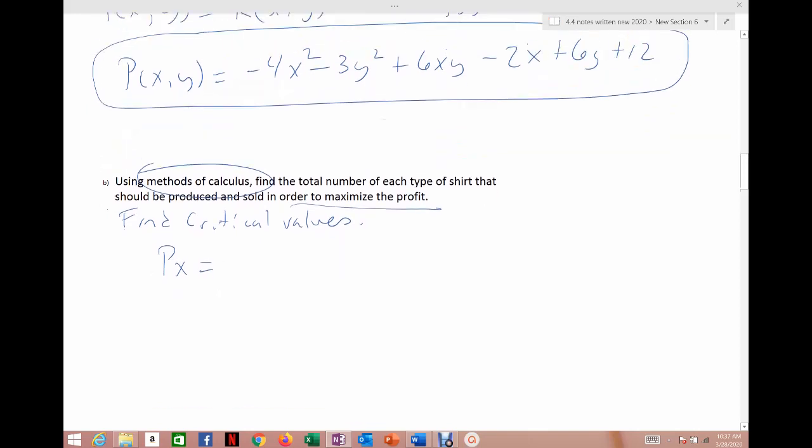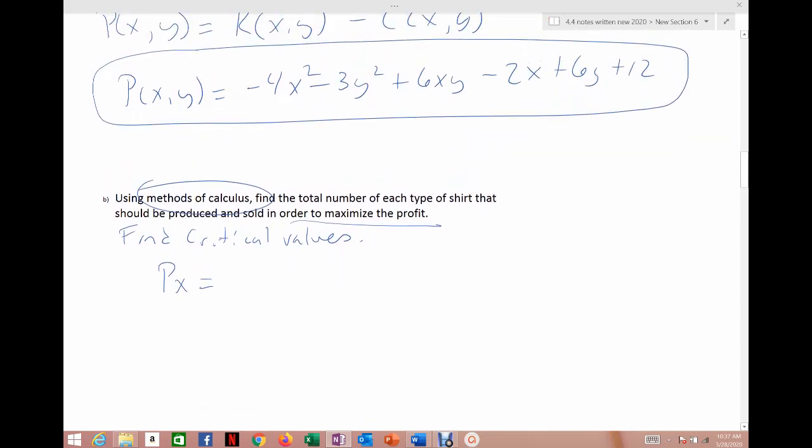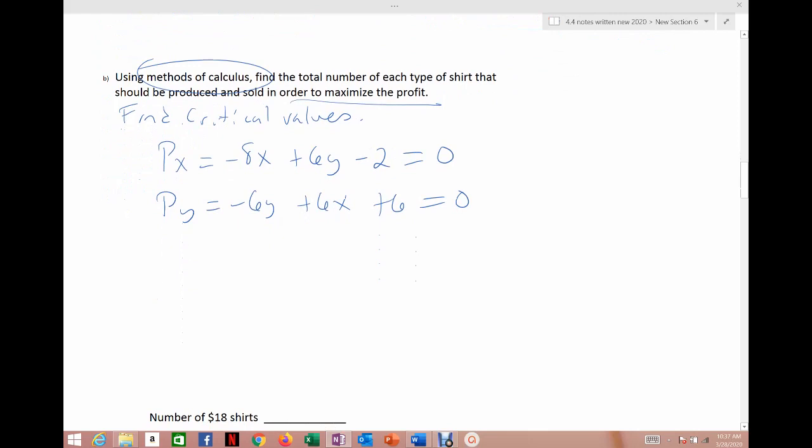Alright, my first derivative with respect to x is going to be negative 8x plus 6y minus 2, and then I'll go ahead and set it equal to 0 so you don't forget to do that. And then the first order derivative with respect to y is negative 6y plus 6x plus 6, set it equal to 0. Alright, it is a linear case,